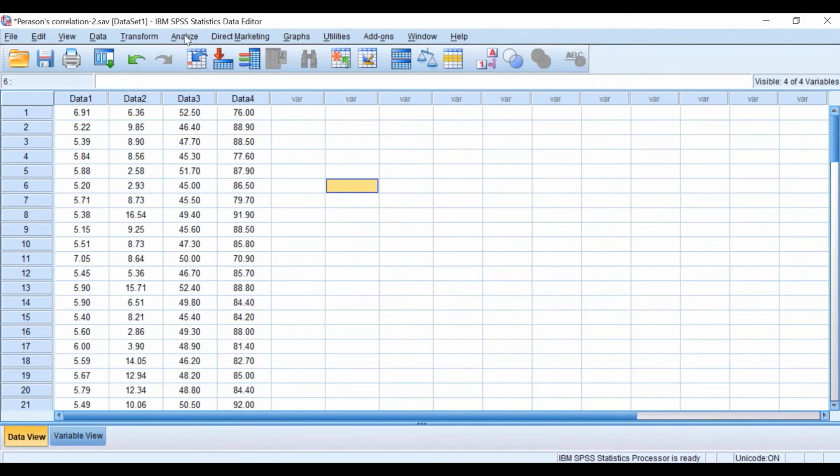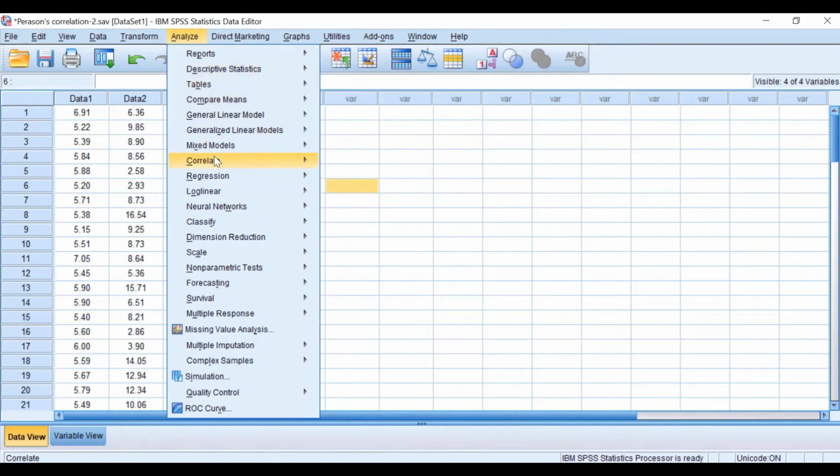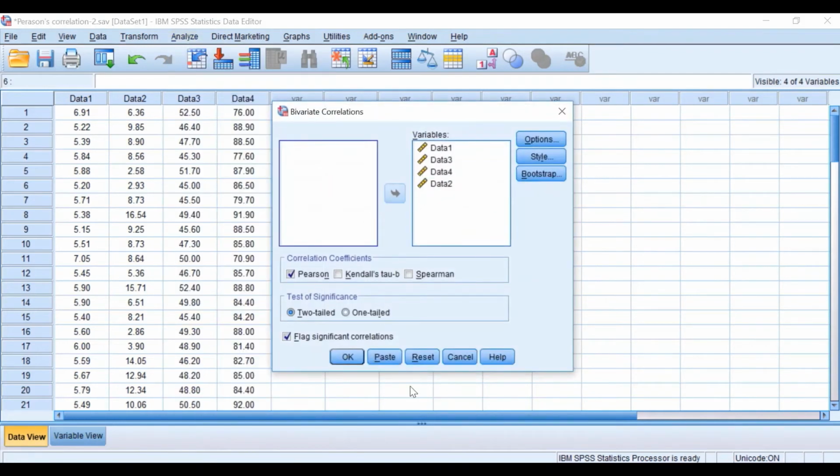The way to do that is to click on Analyze, then scroll down to Correlate and go for Bivariate. Click on Bivariate, reset this. In this Bivariate, I'm going to correlate data number 1, so I'm going to move data 1 into the variables box, and then transfer data 2 into